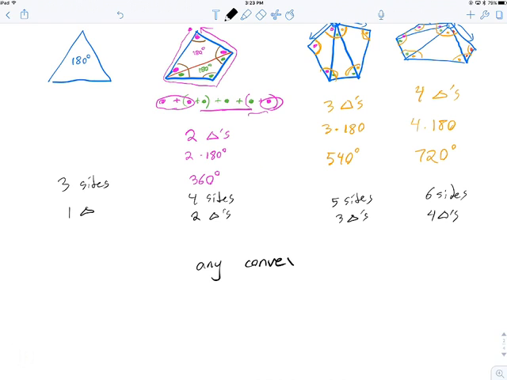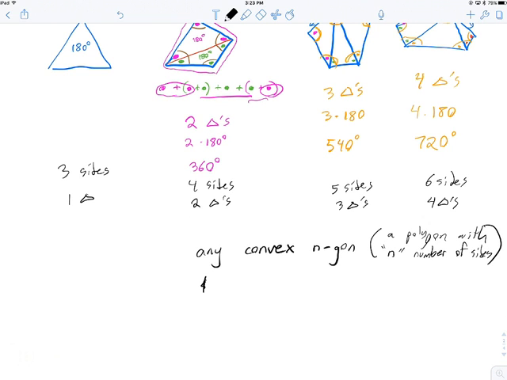and instead of calling it a polygon, I'm going to call it n-gon. An n-gon is a polygon with n number of sides. So an n-gon could be a 30-gon, so n would be 30. All right. It has a sum of interior angles equal to,